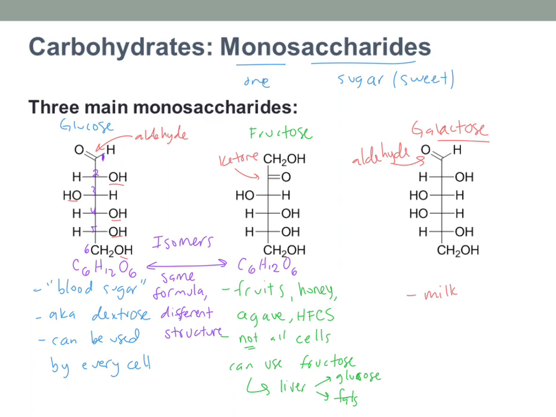And if you look at galactose, it looks a lot like glucose. It looks super similar to glucose. If you compare these two structures, there's only one place where there's a difference, and that looks like it's at carbon number 4. At carbon number 4, we change the OH from being on the right in glucose to the left in galactose. That's the only difference between those two, so they're epimers. We change just that OH there.